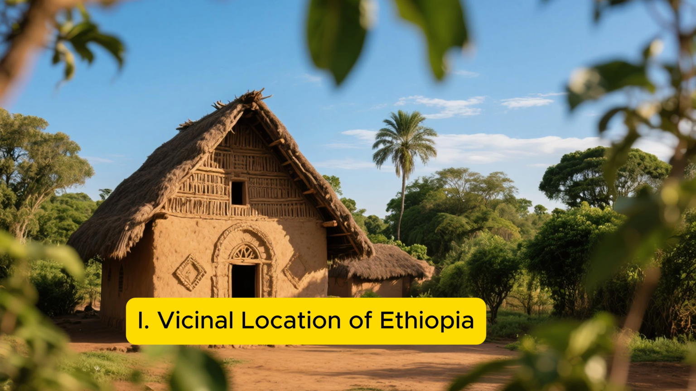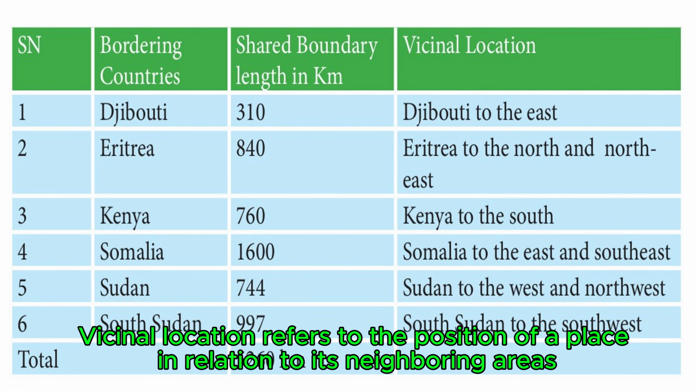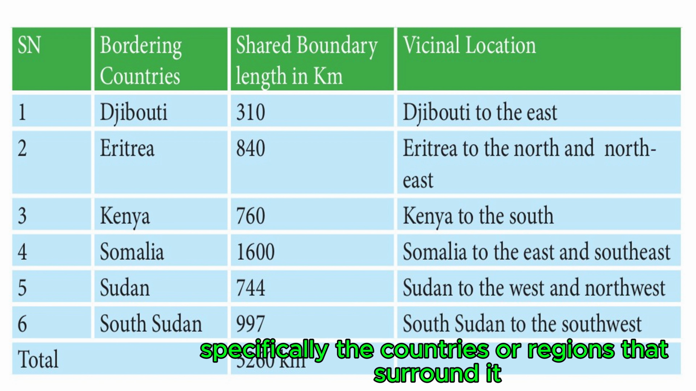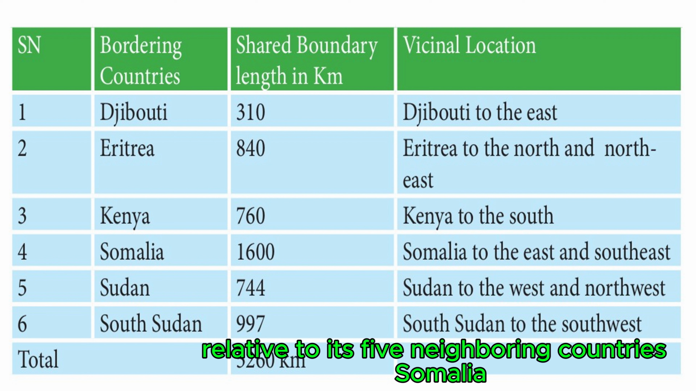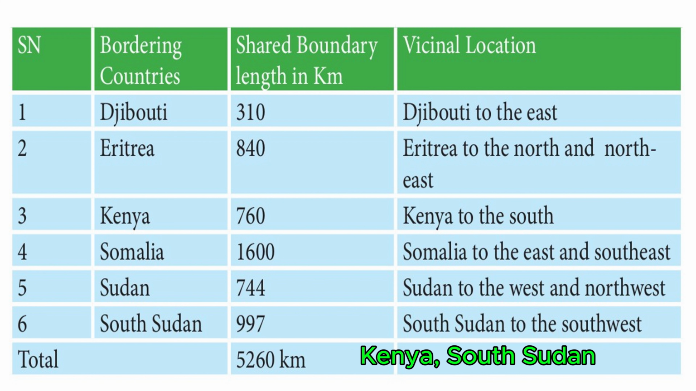Vicinal location of Ethiopia. Vicinal location refers to the position of a place in relation to its neighboring areas, specifically the countries or regions that surround it. For example, Ethiopia's vicinal location describes its position relative to its 5 neighboring countries: Somalia, Kenya, South Sudan,